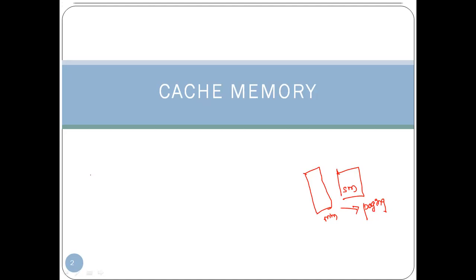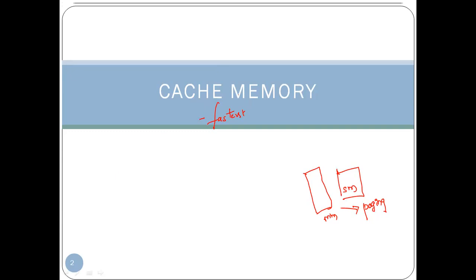And today in this class, we are going to discuss this cache memory, right? Let me tell you what we mean by cache memory. As you are all well aware, we also call the cache memory the fastest memory. Why do we call it the fastest memory?